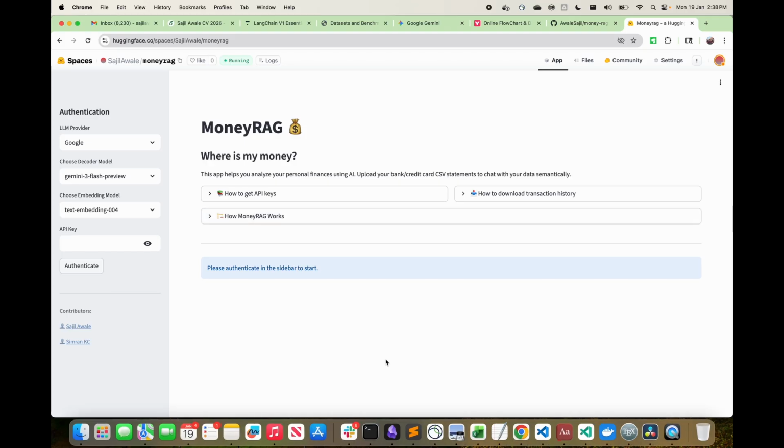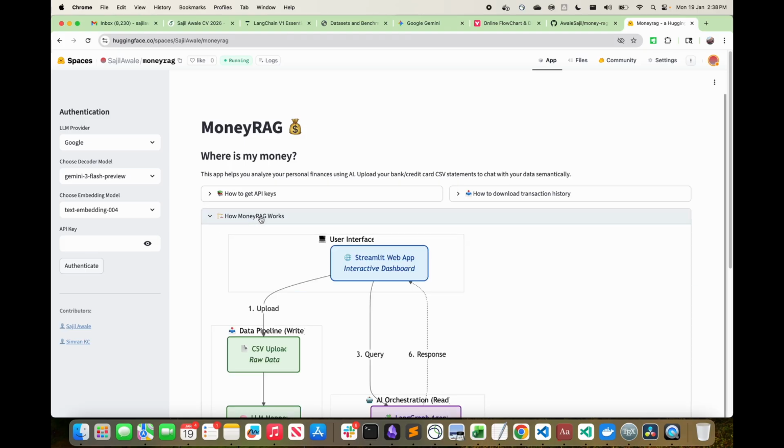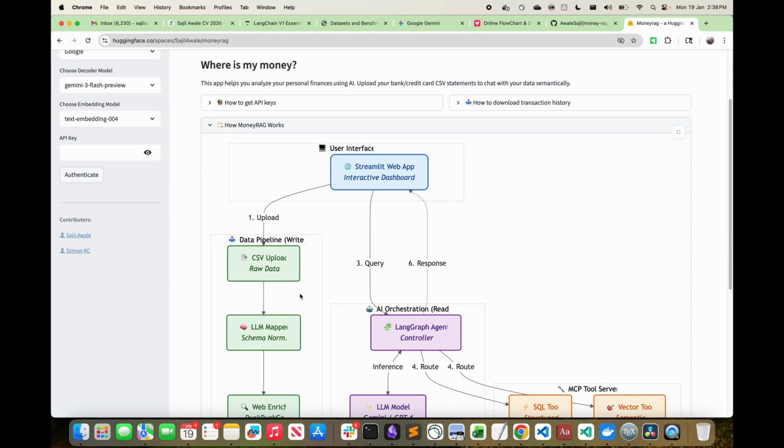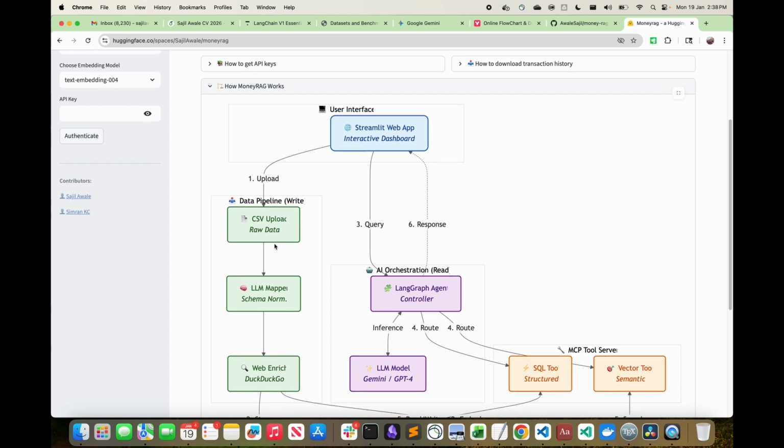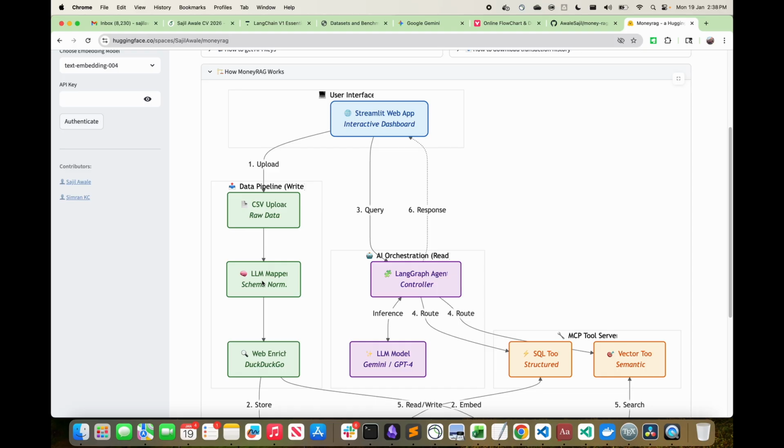Now, if you're interested in how this MoneyRAG works, I've put out a flowchart of how the app works. We start off with a Streamlit web application where you can upload your CSV data. It's basically your CSV transaction history data, and an LLM is called to map this data, which is in different schemas, to a standard schema.